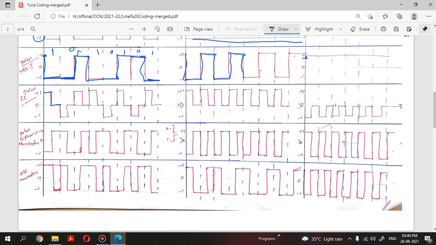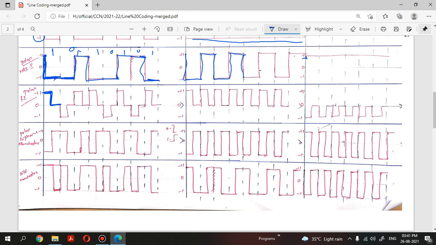So in between the signal elements, right? In the previous cases, the data transmission is taking place during the element, whereas here it is between the elements that the signal transmission is taking place. The voltage level transmission is taking place here. Before the data transmission, it is changing from one voltage to the next voltage, whereas during the transmission only the voltage level is changing, right? So that is what the polar RZ mechanism is.